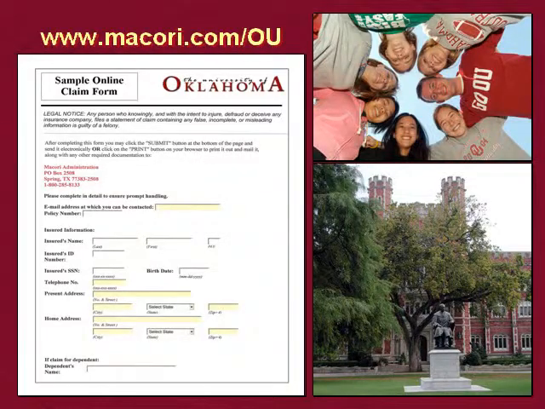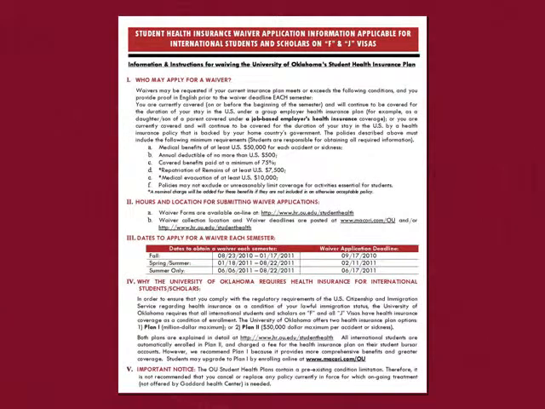When you or your dependents receive treatment outside of Goddard Health Center, you will need to file a claim form in order to receive benefits. Claim forms are available online at www.macquarie.com/OU. When international students and scholars come to the United States, some are already insured under a job-based employer plan